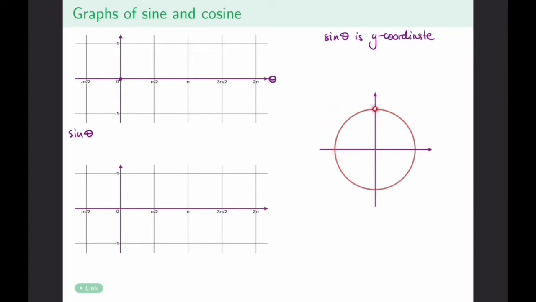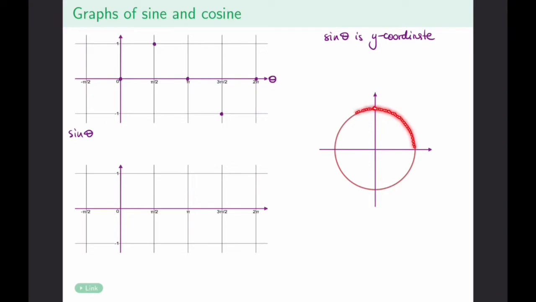At the angle of pi over 2, which is right here, my y-coordinate, or the sine value, is going to be 1, which means the corresponding point is at 1. At the angle pi, which is here, the y-coordinate of the point is 0, which means my point is here. And then at the angle of 3 pi by 2, the y-coordinate is minus 1. So I'm going to have the graph here before I travel back up to 0 at the angle of 2 pi. And then if we generally think about how a point travels and what happens to the y-coordinate, you notice that first, in this first quadrant here, my y-coordinate, or the height of those points, increases from 0 to 1 fairly smoothly,